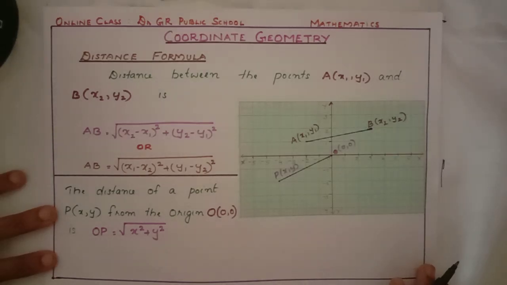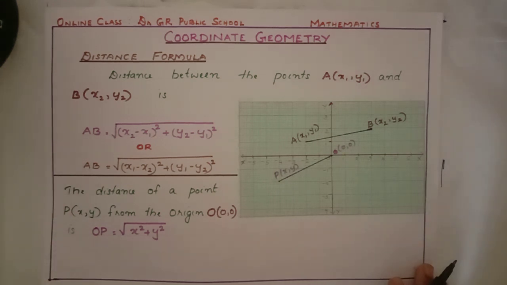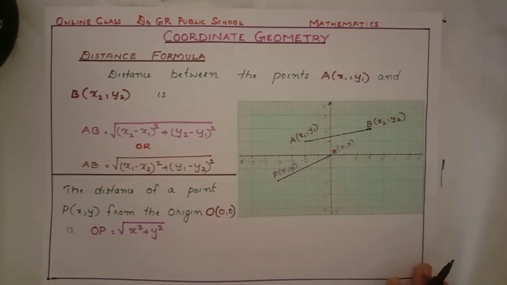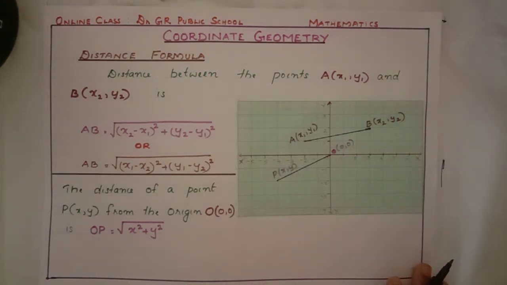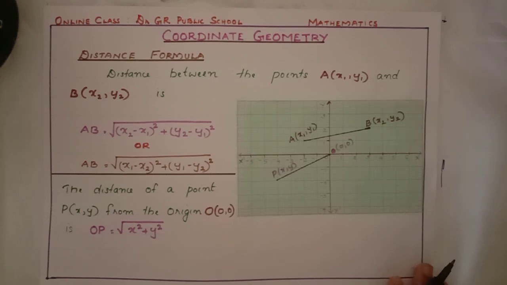Children, we have already discussed the distance formula in coordinate geometry in a previous video. And you have done some problems to find the distance between two points in a Cartesian plane, to verify whether the points are collinear or not, and to verify whether the coordinates are vertices of a triangle or a quadrilateral. Isn't it, children? Today we are going to discuss some more problems on the distance formula.